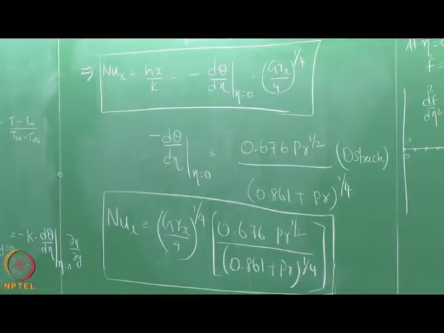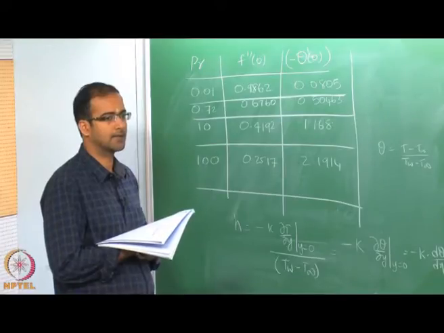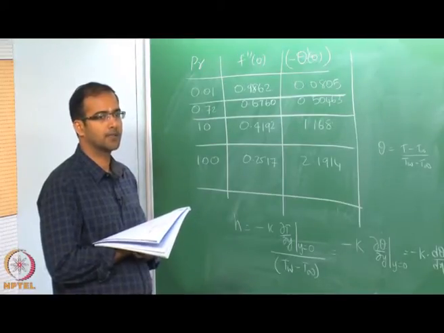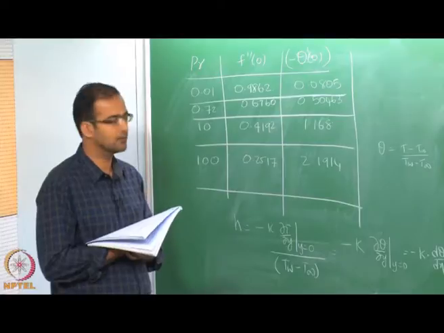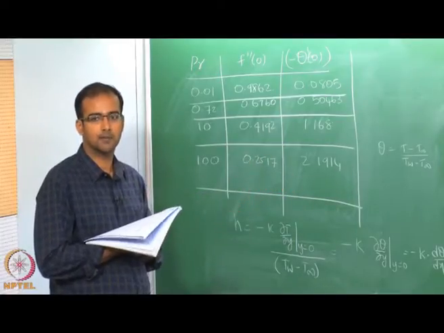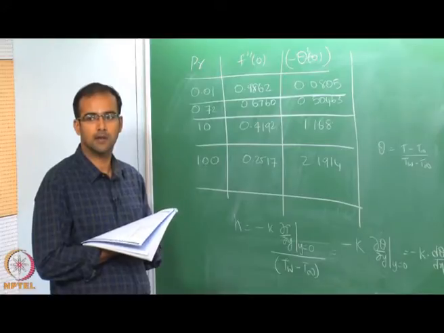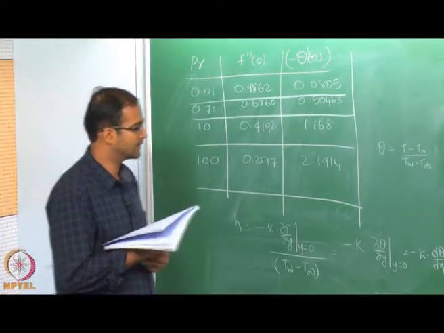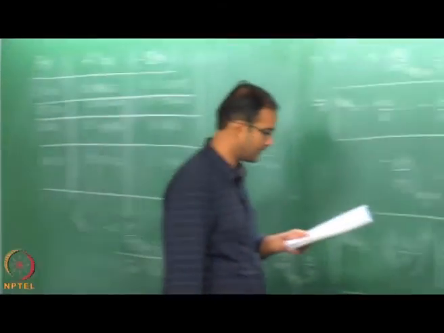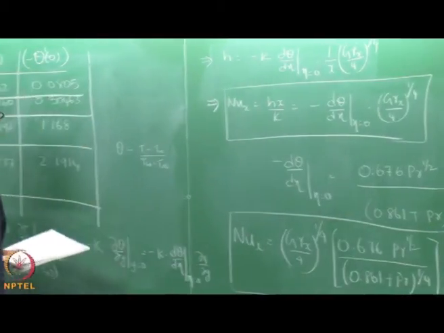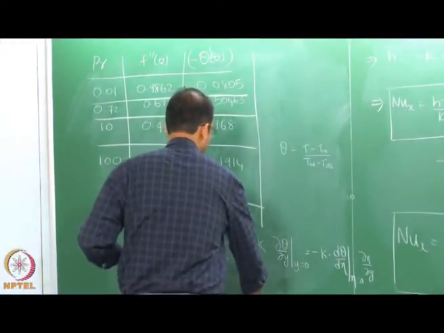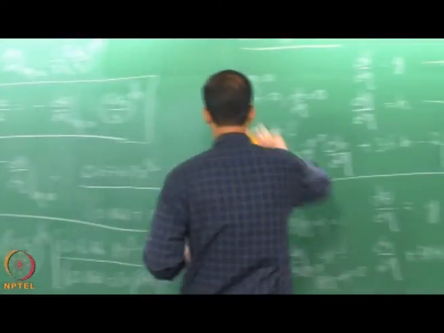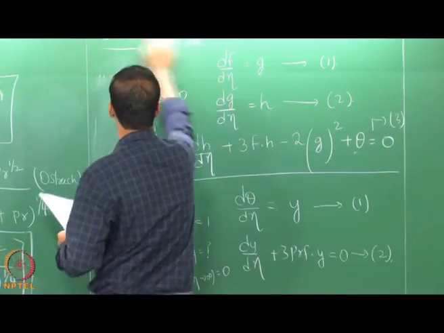Okay. So, now unlike the case of the classical Pohlhausen equation where you have 0.332 times Re to the power half Prandtl number to the power 1/3, now you have a more complex dependence on Prandtl number, and instead of Reynolds number you have Grashof number. Okay. So, this is how the Nusselt number varies. Now, what we will do is also plot the solution for theta and the velocities. Okay. So, once you solve these ODEs by the shooting method, whatever is described here, you should be able to also plot